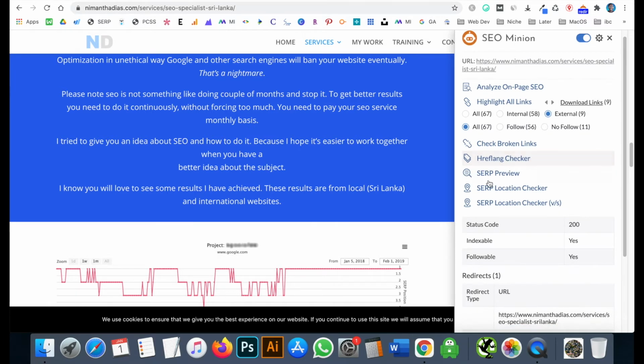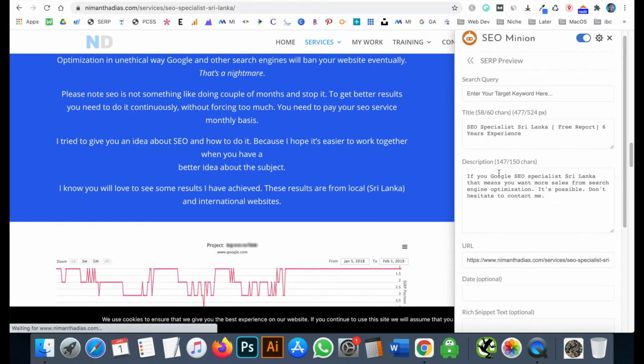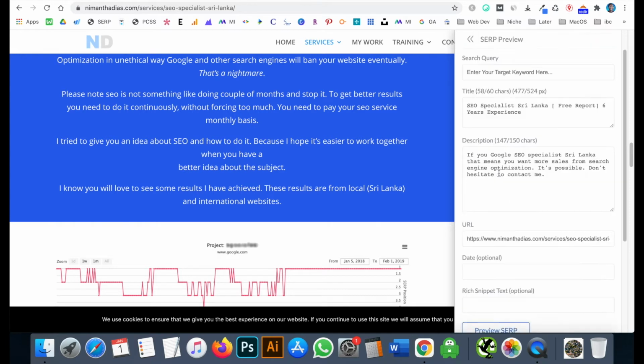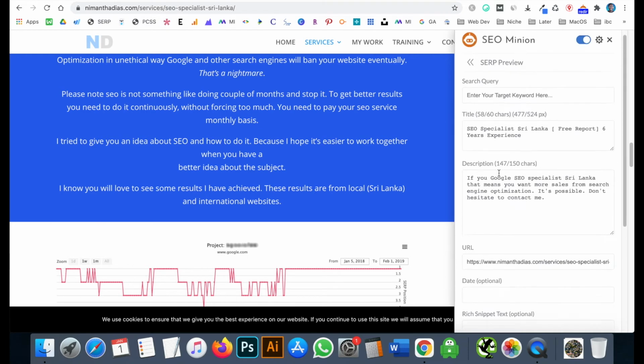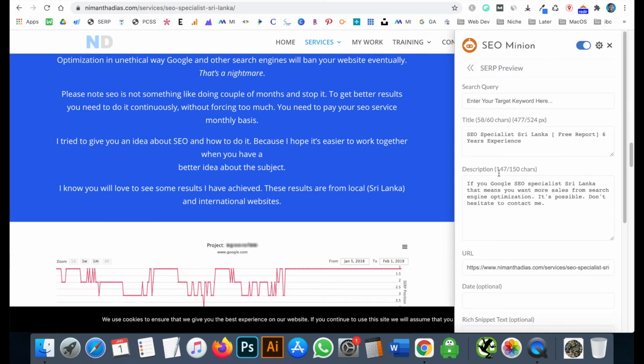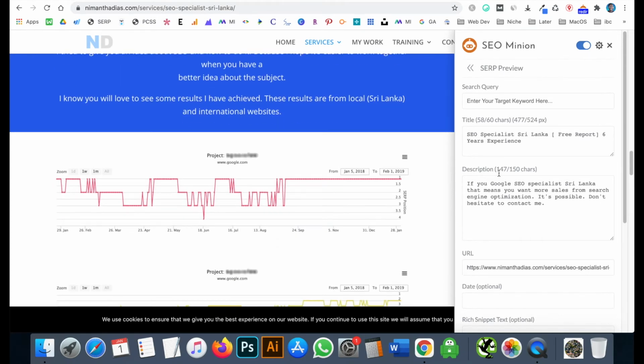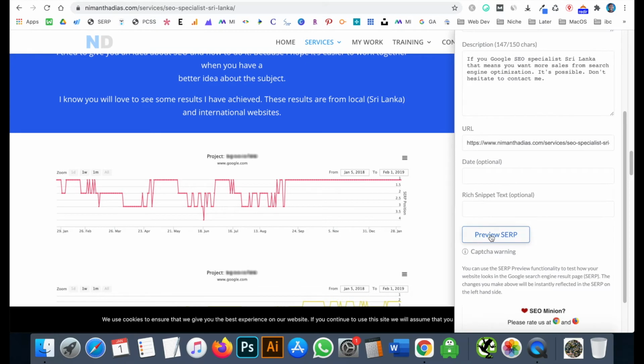And then you can see the SERP preview tool, right? I don't want to do anything because I have written everything nicely, title and description as well. I have put those in, so I don't have to do it. But you can check this.